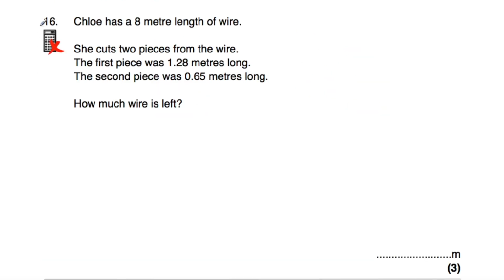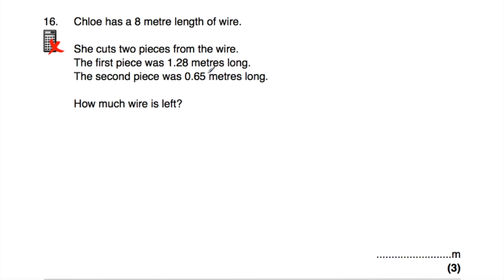Okay, let's look at our next question, question number 16. So question number 16 says, Chloe has an 8 metre length of wire, so she's got 8 metres of wire, and she cuts two pieces from the wire. So she's got this long piece of wire, she cuts two pieces from it. The first piece was 1.28 meters long,